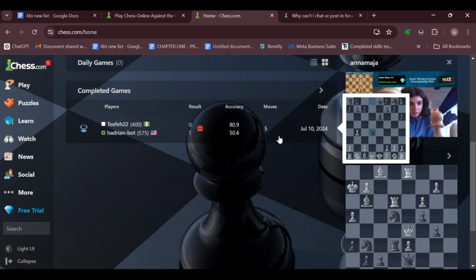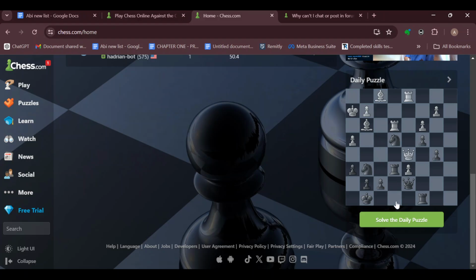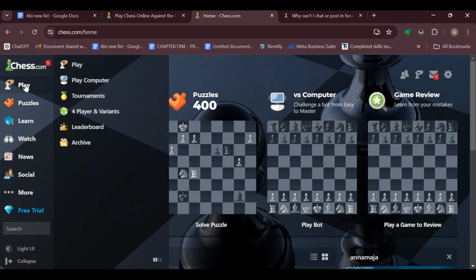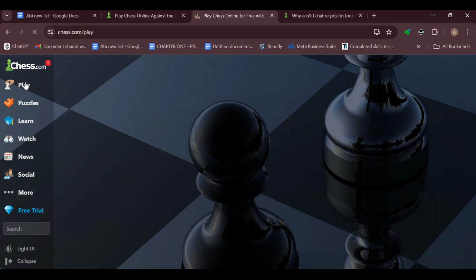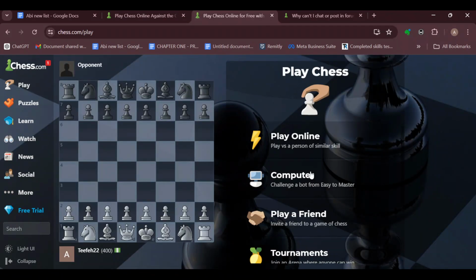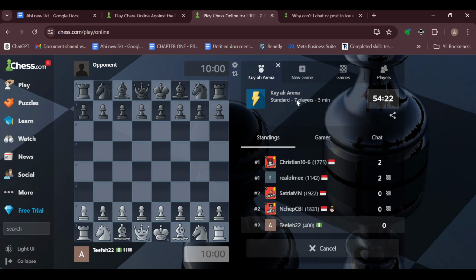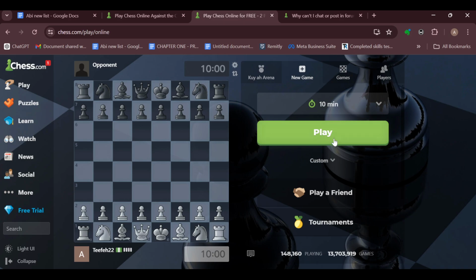So for daily chess, just scroll down and perhaps you can click on solve daily puzzle, or you can move to the left side of the screen, click on the play tab to be taken to the play page, and here you can select play online or play a friend depending on the one you would like to select. So after clicking on play a friend or play online, you can select new game, and then once you're